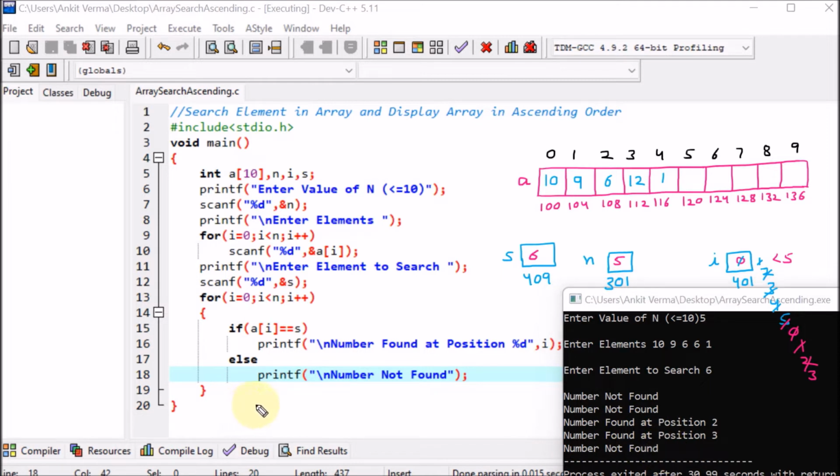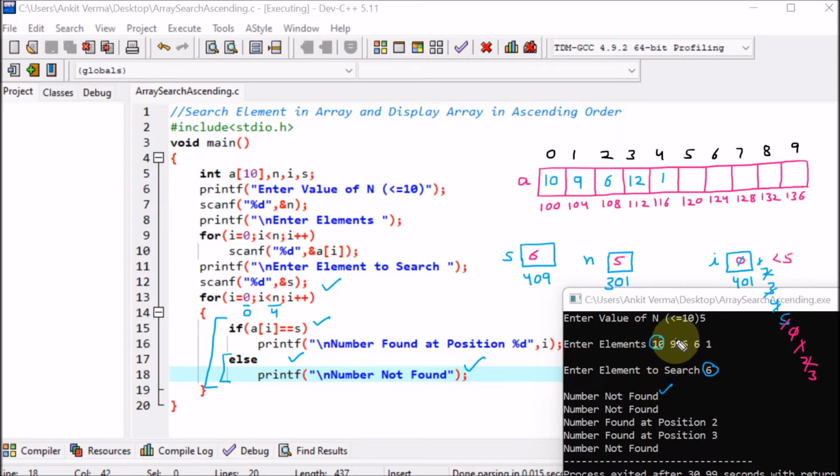In many people's minds, it is a common thing that we should simply apply the else and we will get the output. No. Understand that we are applying this if else completely inside the for loop. So whenever the value of i is going from 0 to n, that means from 0 to 4, every time either the if or the else part will be executing. So here it is giving the wrong output. You can see that this 6 was matched with the 10, not matching, so the else part ran. So it is saying number not found.